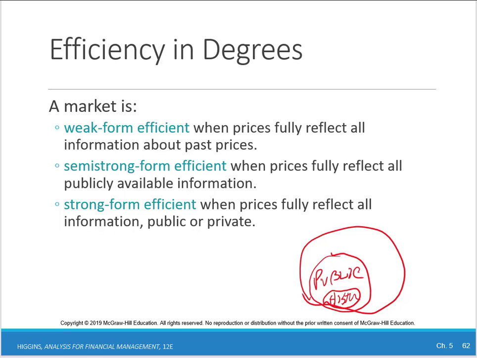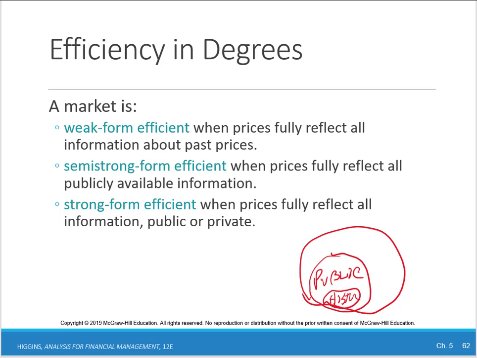So if we think about research, and we'll talk about some of this as we go forward, this is what we kind of know. The market is fairly efficient with respect to historical data. Historical data gets into the price, it affects it correctly, and it gets in there fairly quickly. So there's not a lot of research that shows that you can make extra money by trading on historical data.